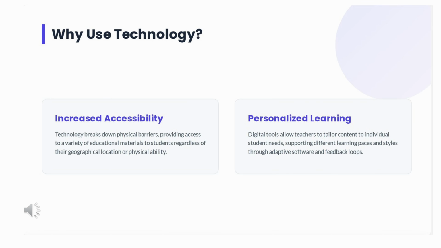Two major arguments for the use of technology in education are emphasized here. The first is increased accessibility. Digital tools reduce physical and geographical barriers, making educational materials available to students regardless of location or, in many cases, physical limitation. The second is personalized learning. Technology allows instruction to be adjusted to individual needs, learning pace, and cognitive style through adaptive platforms, differentiated tasks, and continuous feedback. In this sense, technology supports a more flexible and responsive educational process, better aligned with learner diversity.